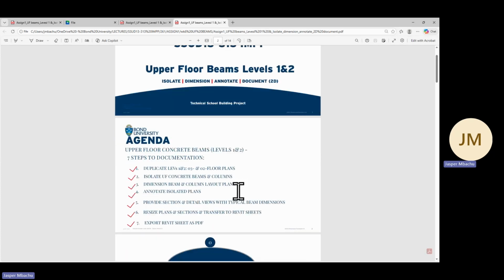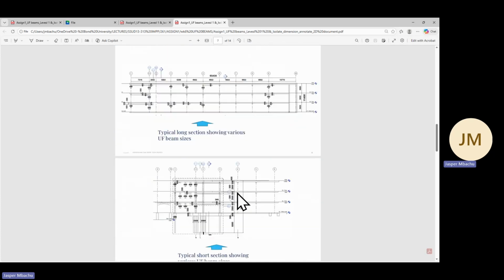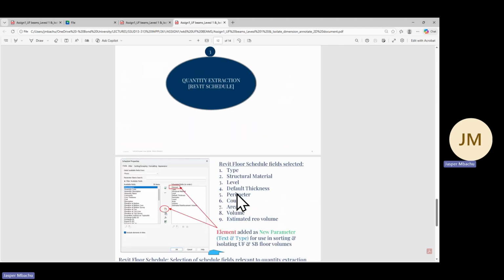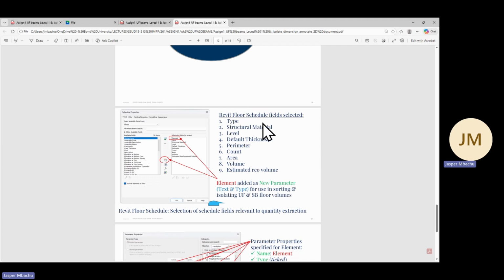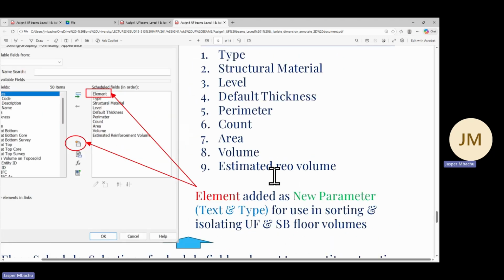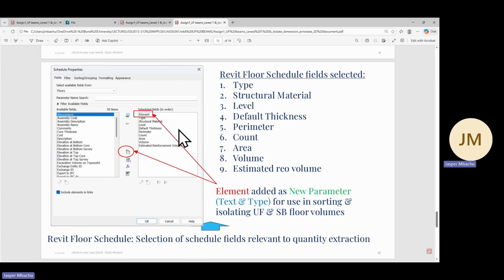Yes. So Revit floor schedule. We will try to extract,